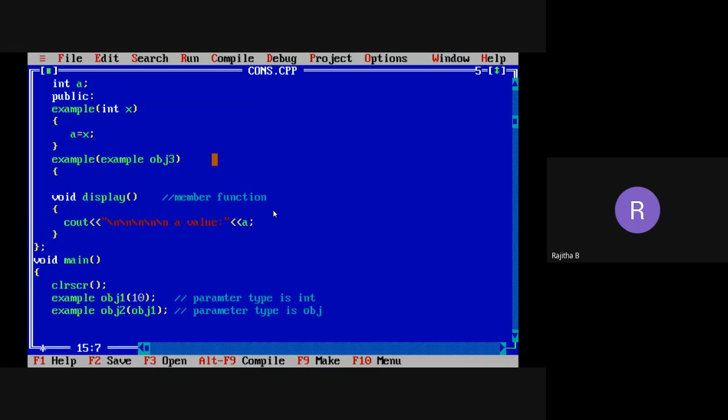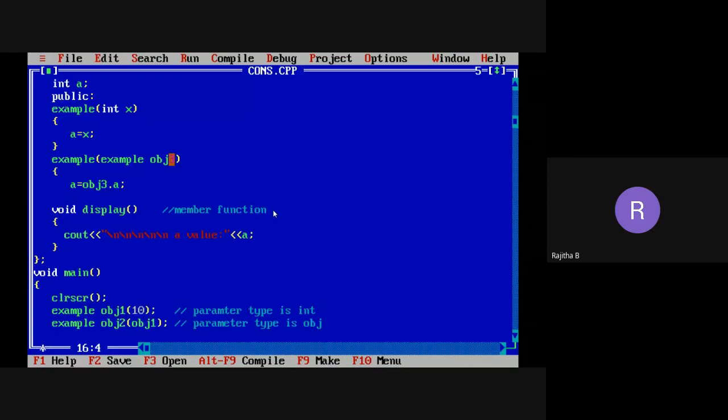Now, how to assign the values? obj1 value will be assigned to obj2. Now, how to take the individual value here? A equal to, so in data member A of obj2, how to assign the value here? obj3 dot A. What is this obj3? It is a formal parameter. And what is the value obj3 consists of?